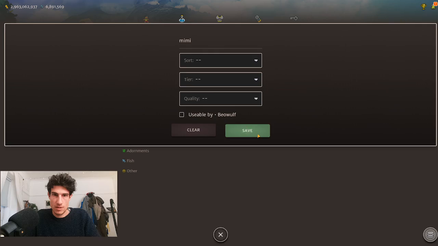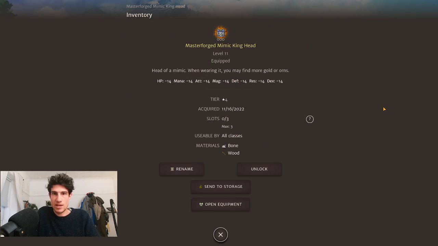So I believe I have master forged my Mimic King head. So you see it's level 11. And then in Baylor, there's a Demon Forge. You can Demon Forge your gear. So that takes us to level 12. And then finally, you can God Forge your gear as well. And now, God Forging, this is really only happening in the end game. Some events mean you can God Forge gear at lower tiers, but more often than not, it's going to be